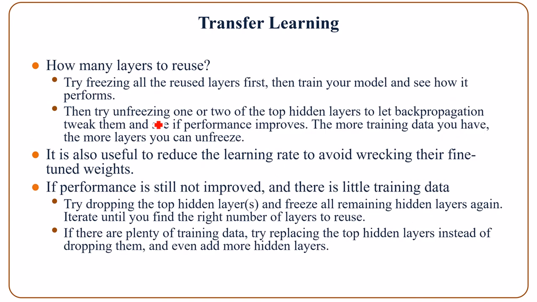You may have a question: how many layers to reuse? So what we do is try freezing all the reused layers first, and then train the model and see how it performs. And then try unfreezing 1 or 2 layers on the top, so that backpropagation can tweak them, and see if performance improves. The principle is that the more training data you have, the more layers you can unfreeze. Also, you may need to reduce the learning rate so that it would not change too much the already fine-tuned